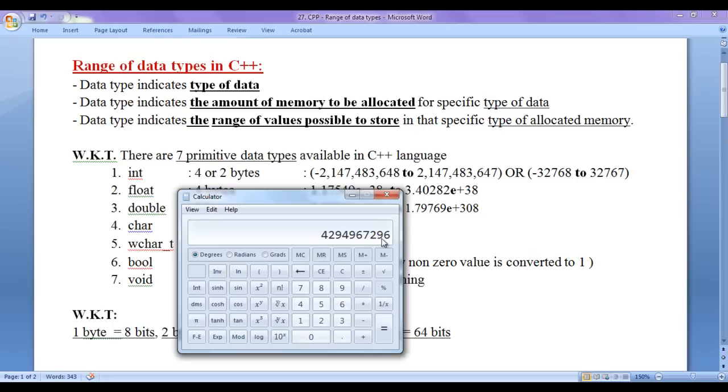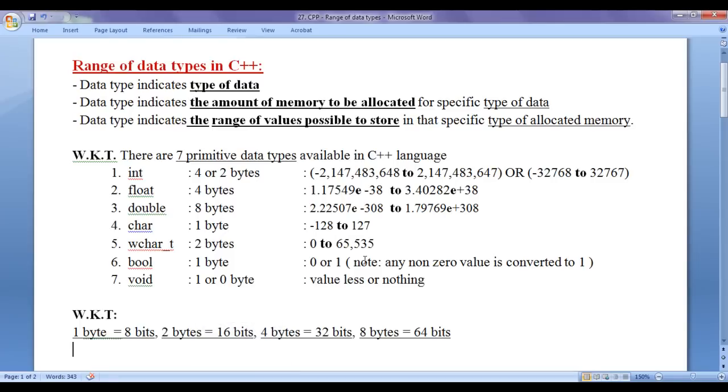4,294,967,296 values, guys. If I divide it by 2, it is going to become 2,147,483,648. That is, inside 4 bytes of integer type memory, we can store the minimum value minus 2,147,483,648, guys.